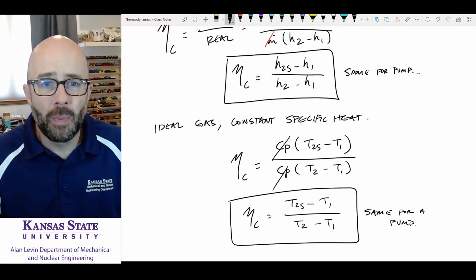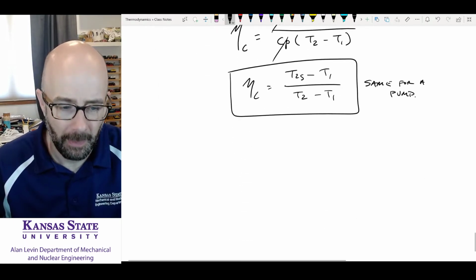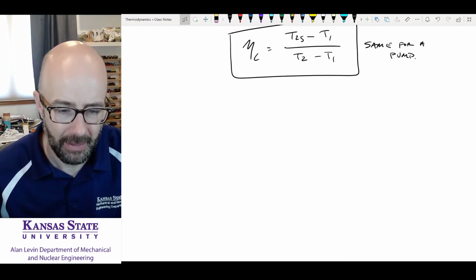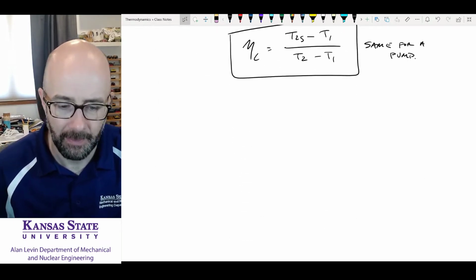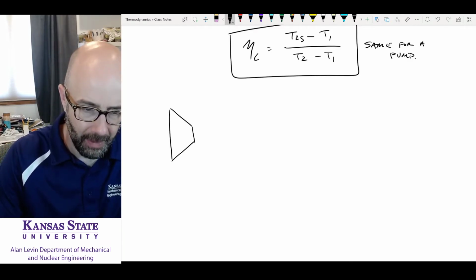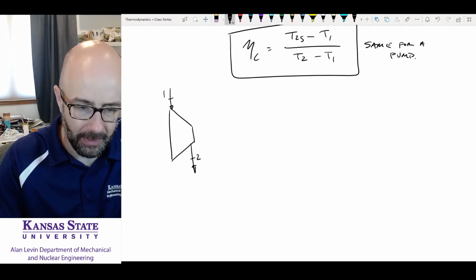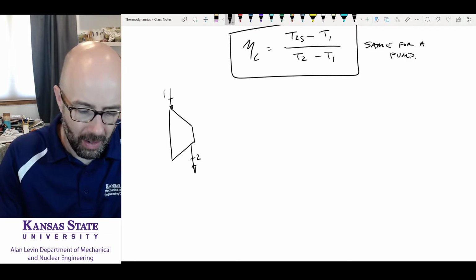Okay, I'm going to do two problems today for you. Here's the first problem. It's going to be dealing with water, basically water vapor. What we're going to have is a compressor. State 1 coming into the compressor, state 2 coming out of the compressor, and we are having to put